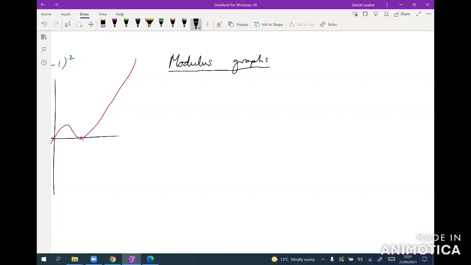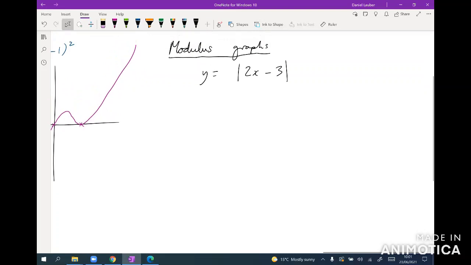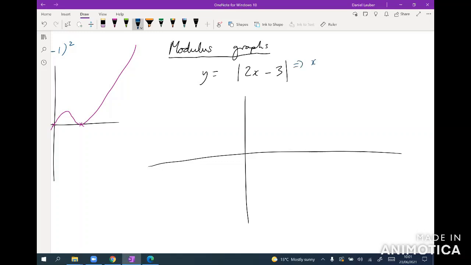So let's just give an example. y equals mod 2x minus 3. Okay, so the way I always think about sketching these is you want to look for where the modulus is 0 first, and that's your critical point. So here we're going to say that, okay, at x equals 3 over 2, then the modulus is 0. So we know that this goes through the point